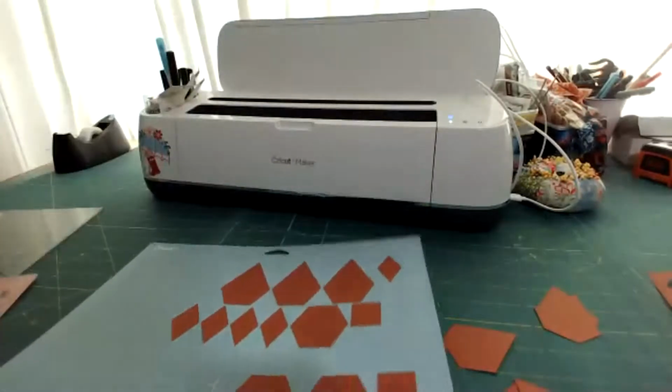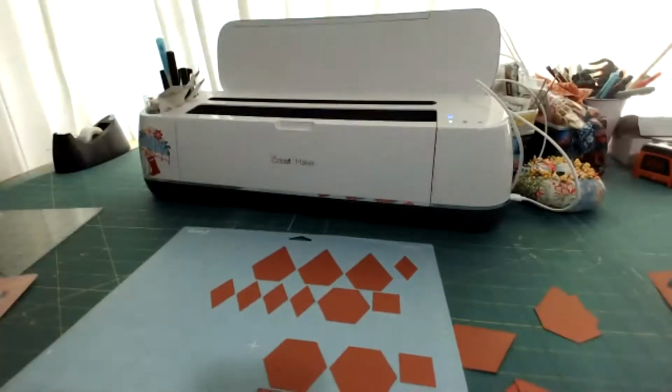So there's a bunch of pieces. There's a bunch of pieces still on the mat. Now, the really handy dandy thing I wanted to teach you is if you want to fussy cut,